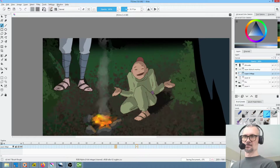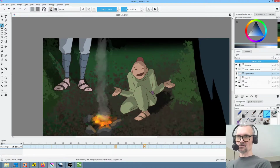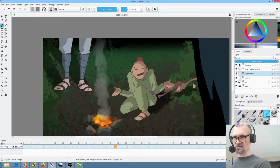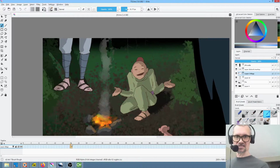Okay, so I think that's it, guys. I think, okay, well, no, I didn't quite fix it. You can see the hiccup there at the top, but that's okay. This I can fix. I think I can fix this pretty easily. Okay, you can see it right there. So what I'm going to do is take this brush,